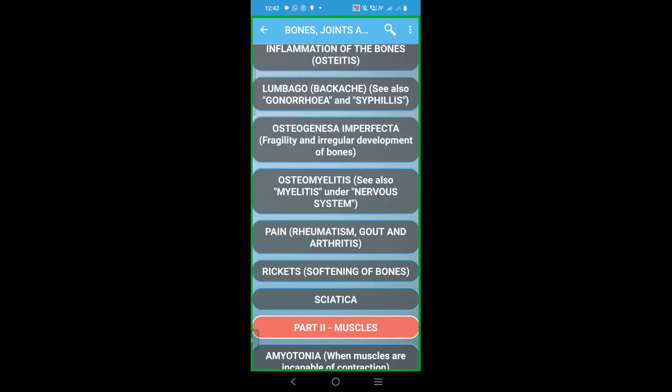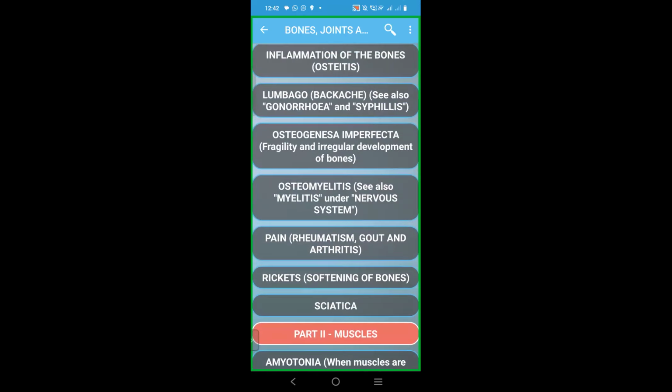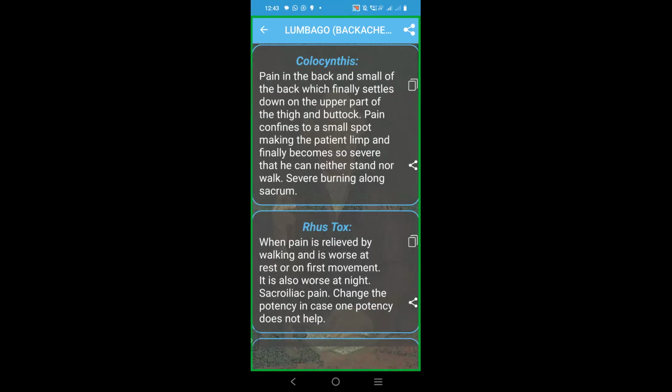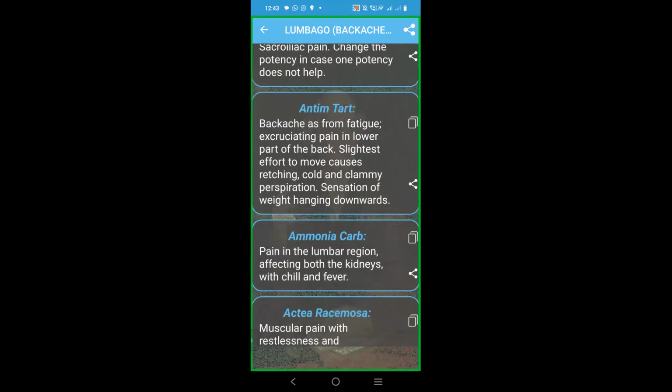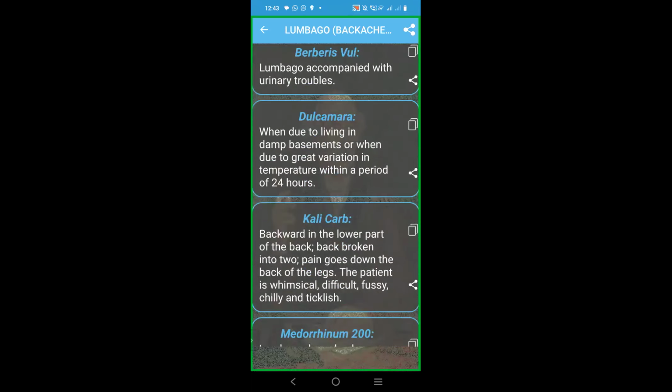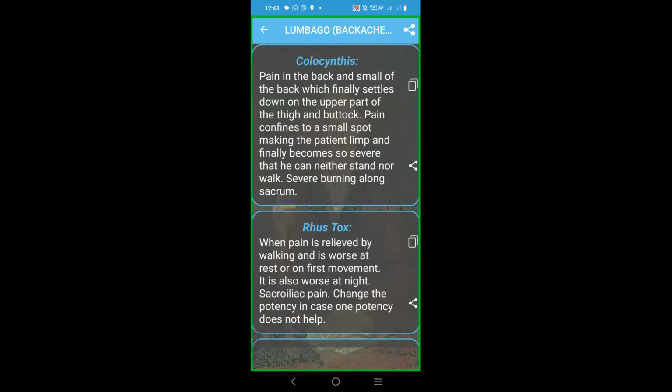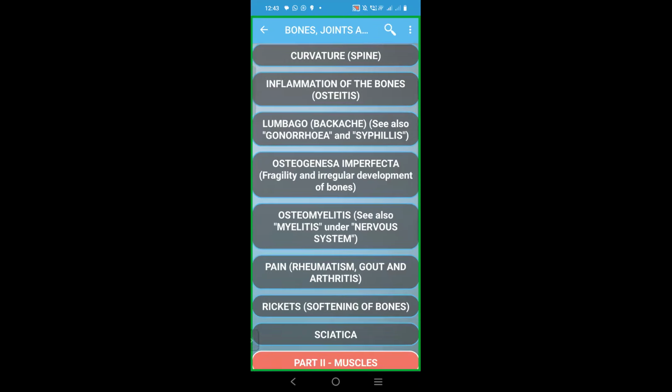You can say biochemic medicines in homeopathy, that we can also give in our vibronics through our intention. So for example, you see lumbago, backache, and so on. So I will give you everything. If someone doesn't have it, I will supply very soon after this class. So like that,